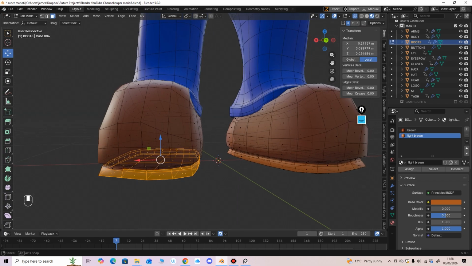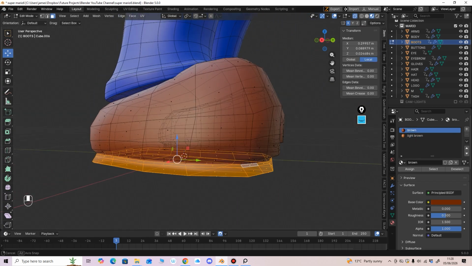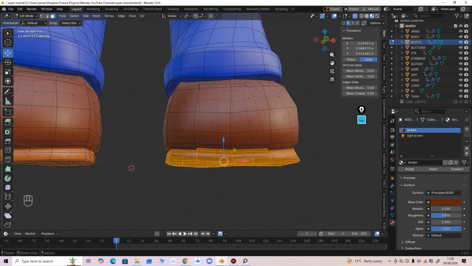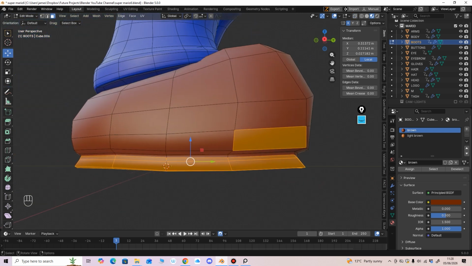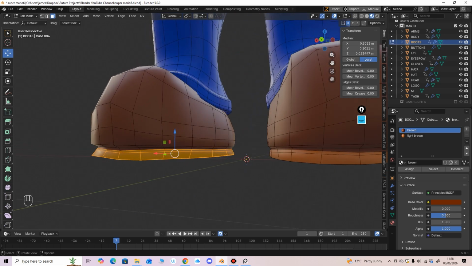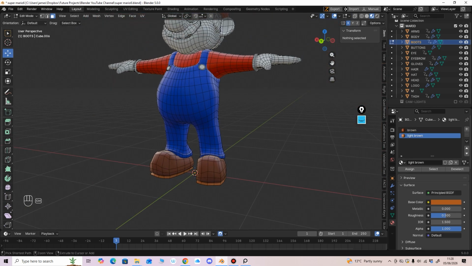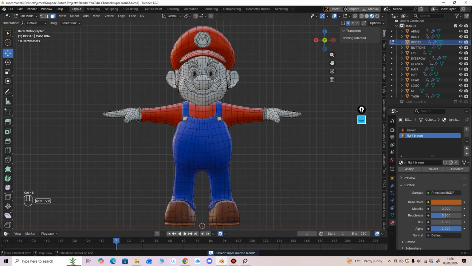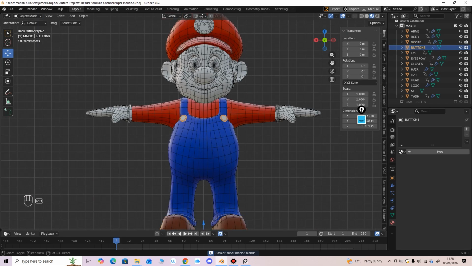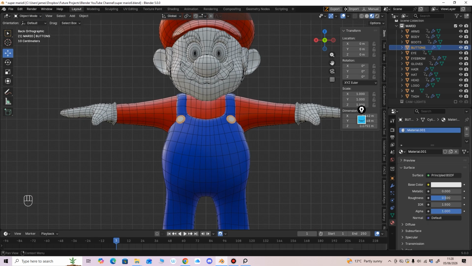It's not quite a 100% mirror on there, so just select the other ones, the other side, light brown, assign. That's created it a little bit different there. Control S to save. We'll go to our buttons here, new,